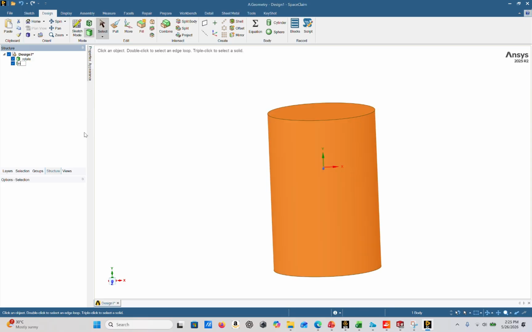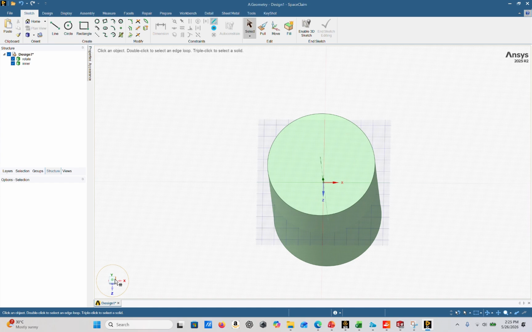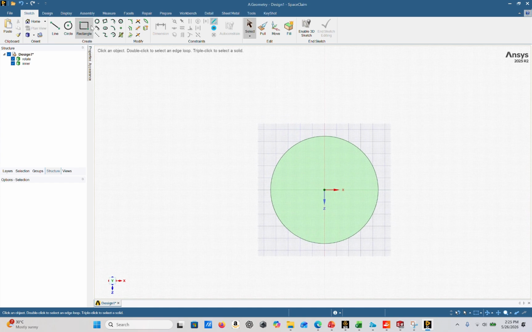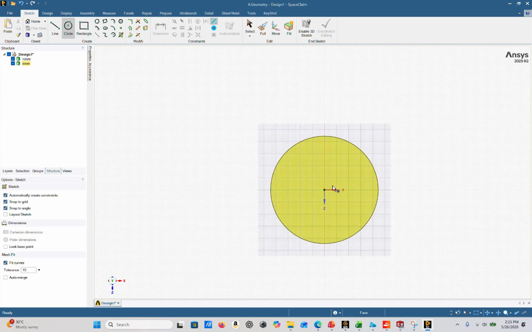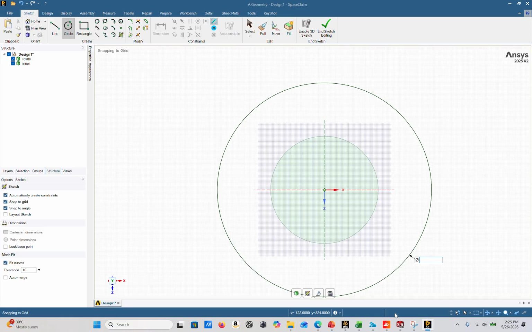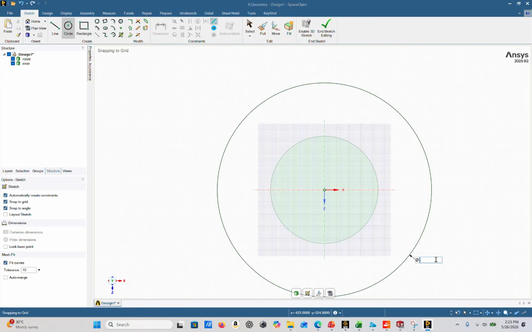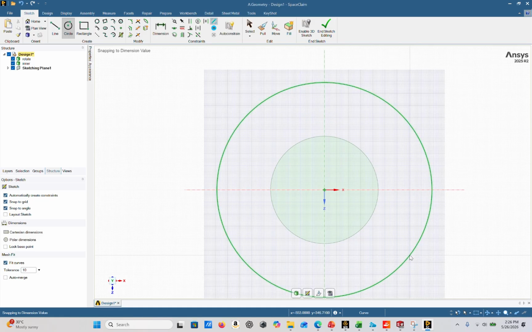We're also gonna rename this to inner, again for simplicity. We're gonna go to sketch mode again and draw the final outer domain, which is the biggest domain, using the same values. Again, use the same steps by dragging a circle and then putting the value, which is 1068.8,